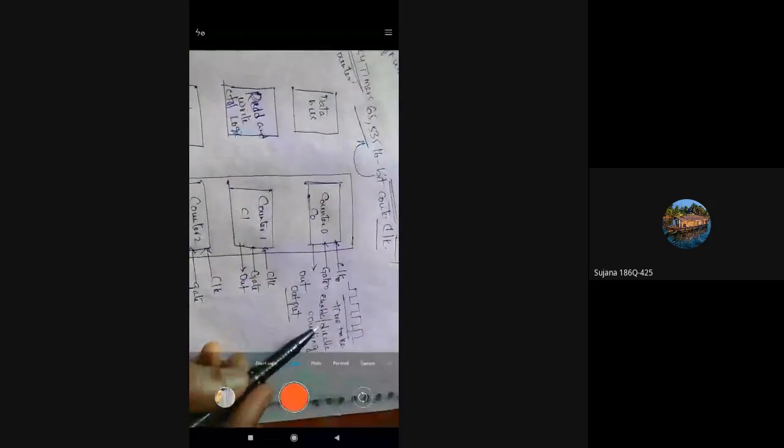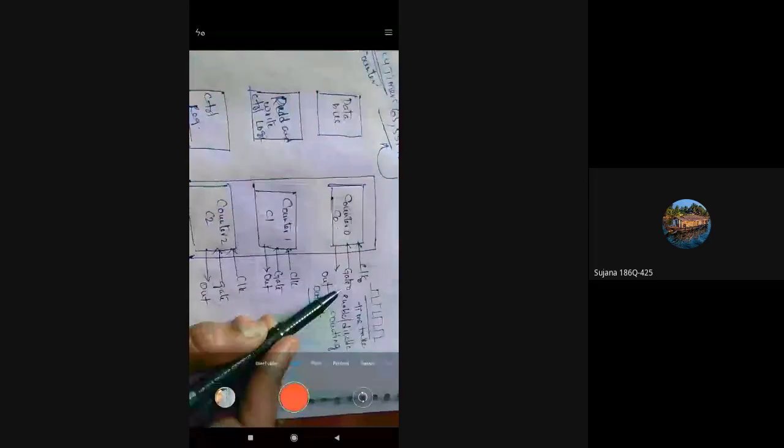The basic block of 8254 timer has 3 counters: counter 0, counter 1 and counter 2. Each counter will have 2 inputs and 1 output. Clock and gate are the inputs. Clock, you already know, is used to give the time taken by a device to complete a task. And the next one is gate, which is used to enable or disable the counting.